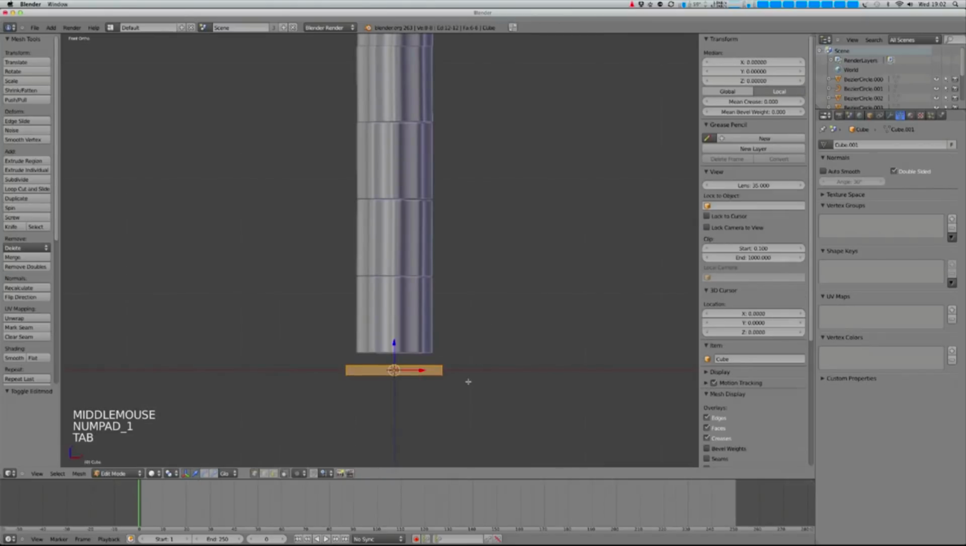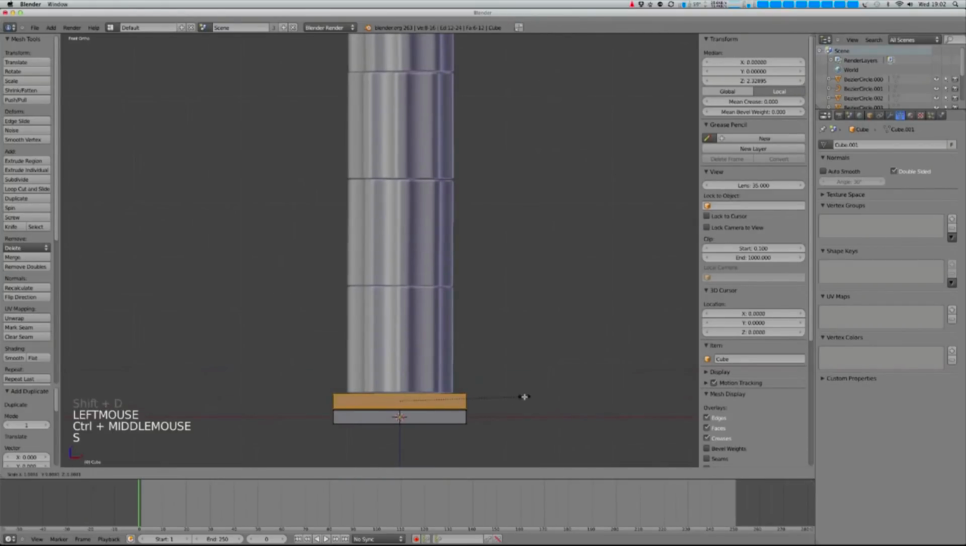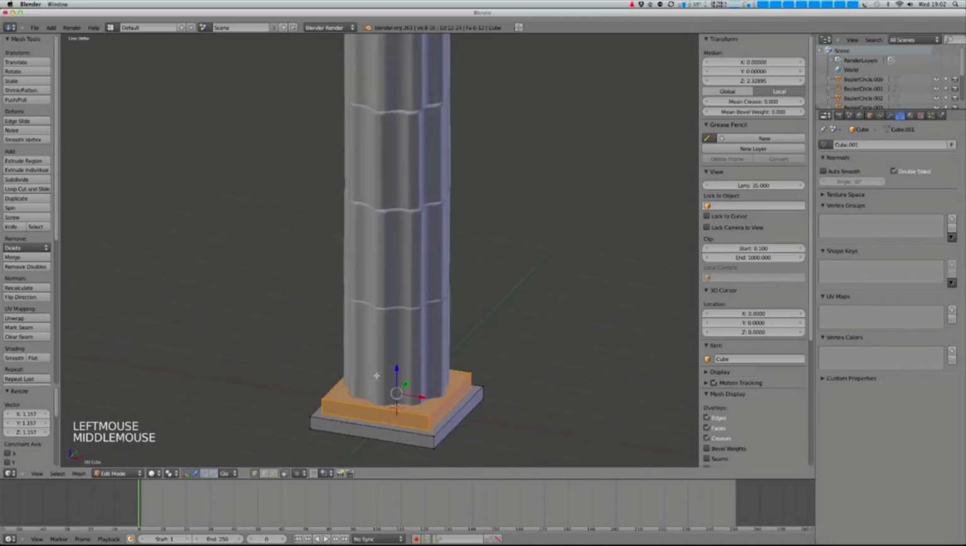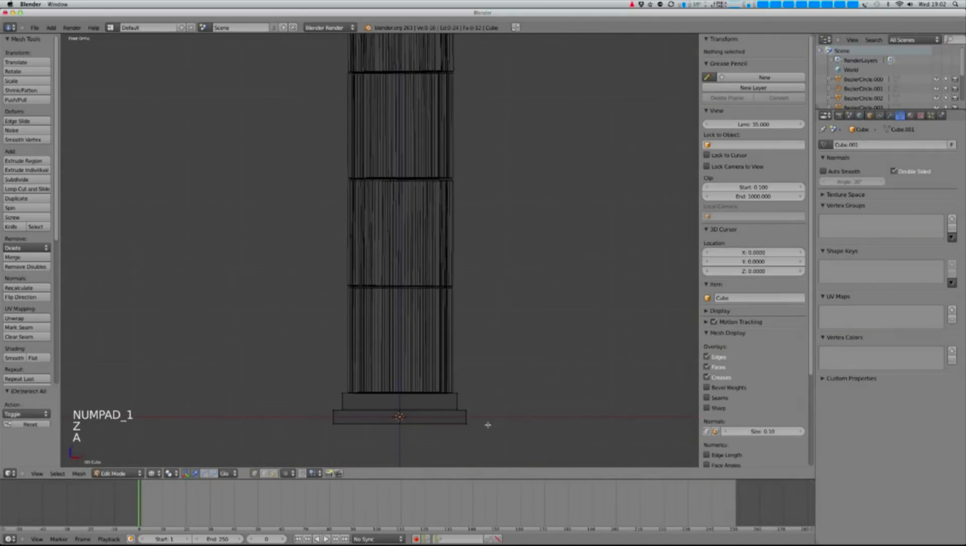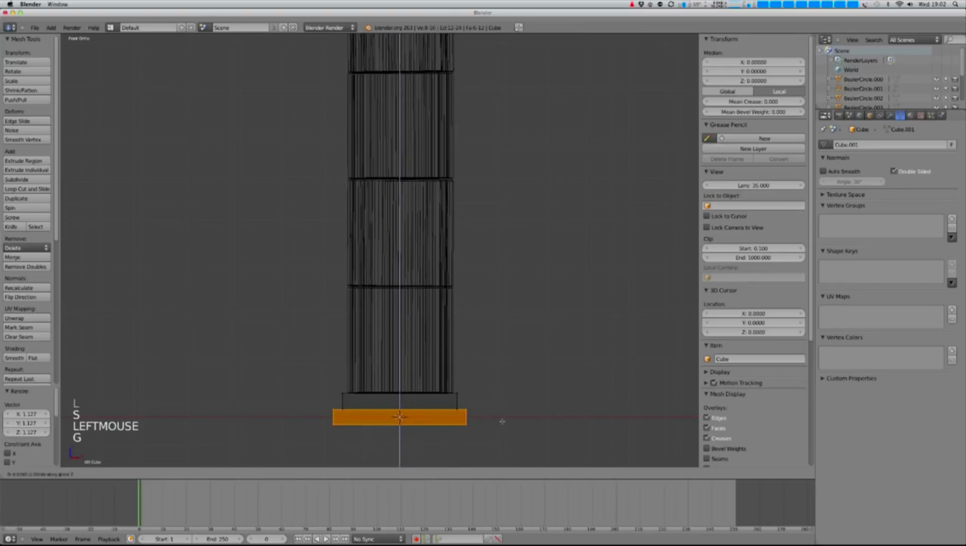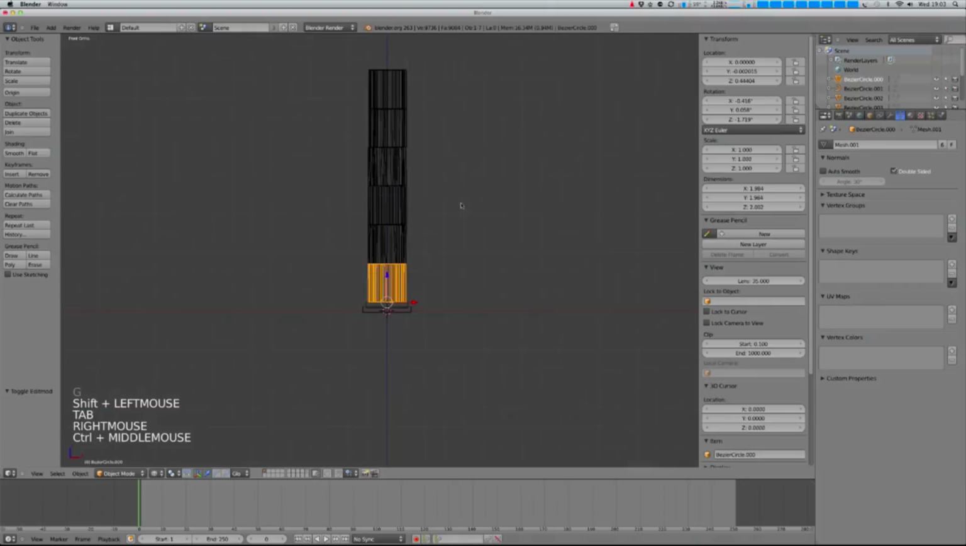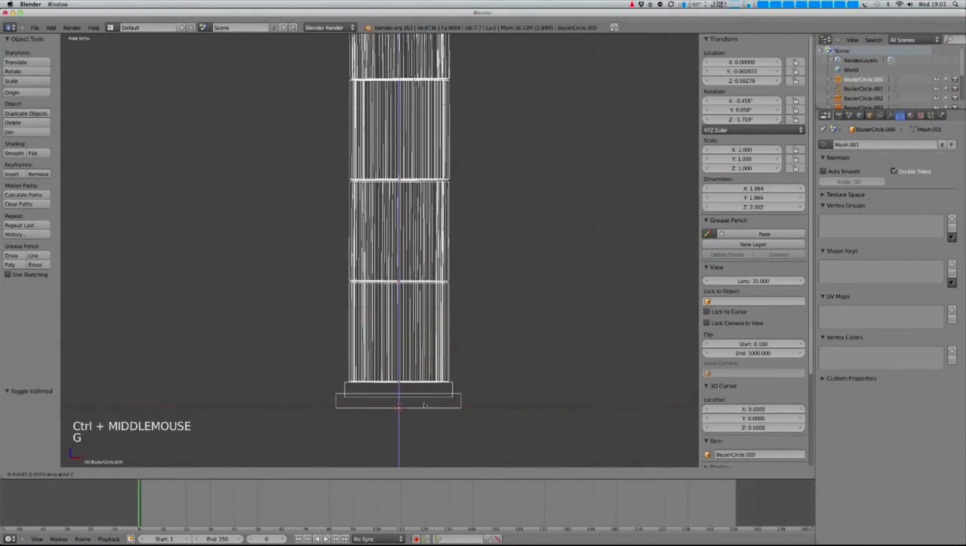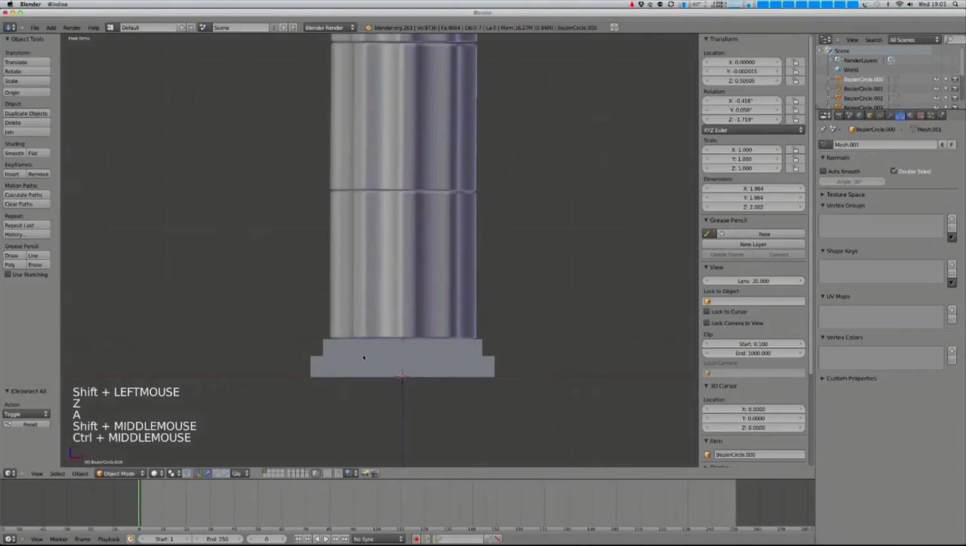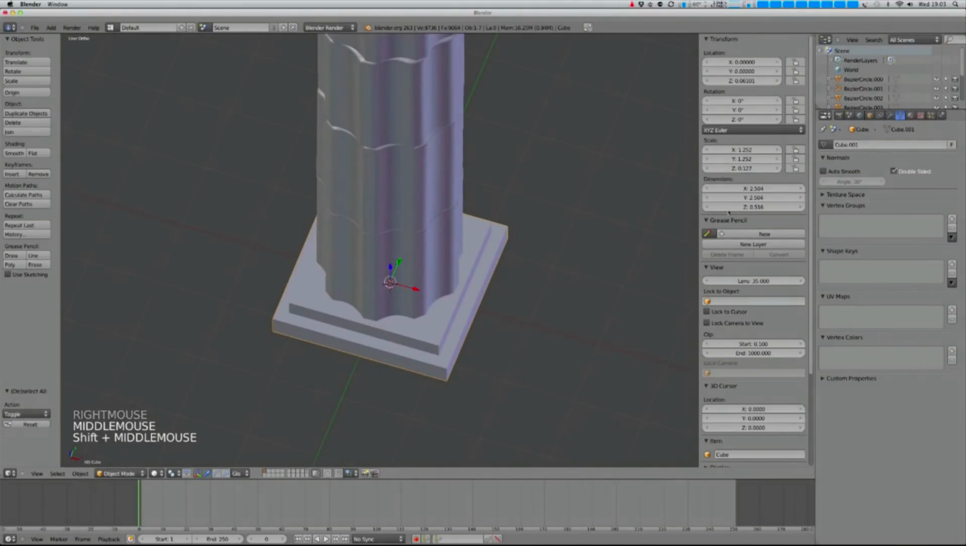And then edit mode, duplicate that again, just to make it a bit smaller. Make sure these overlap slightly. I just select all of those, get it to the right height. Now to add some